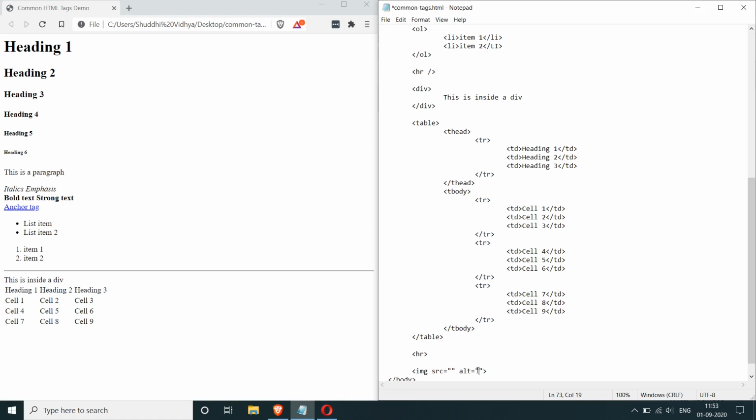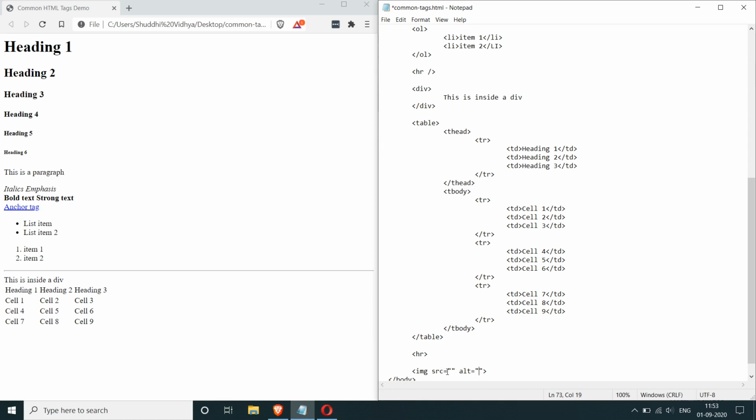For example, there are some blind people who may be looking at a web page. They may be able to browse the internet, and they'll have some text reader that will read the web page for them. So when that text reader is reading that web page, it needs to have that alt text for it to describe the image that they cannot see. So the alt attribute is very useful in that regard, and it's also a standard practice for you to include alt in the image tag. So you should include the alt attribute.